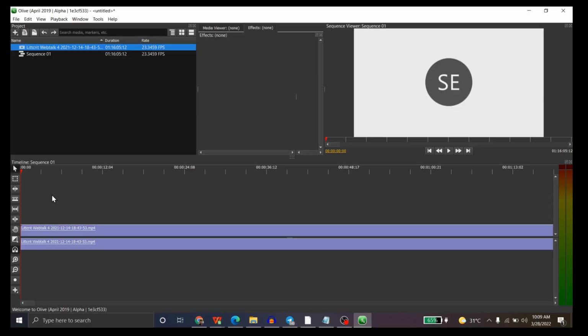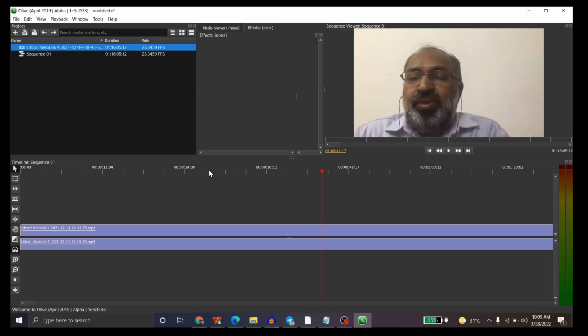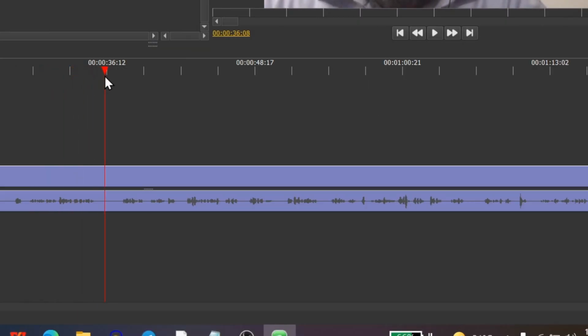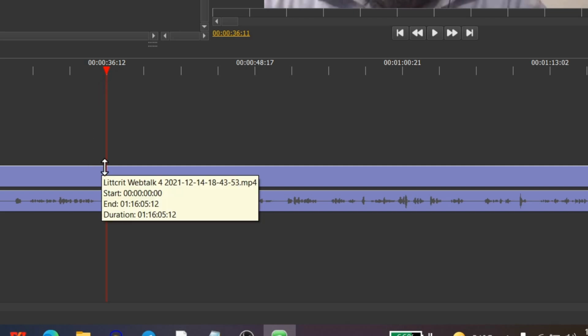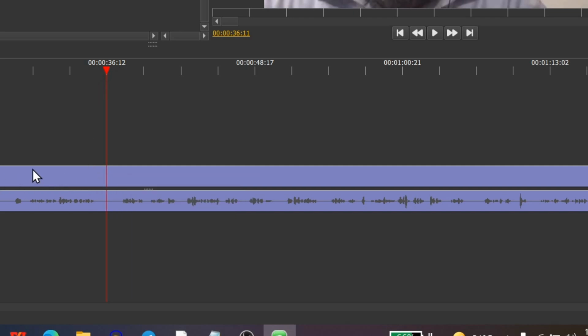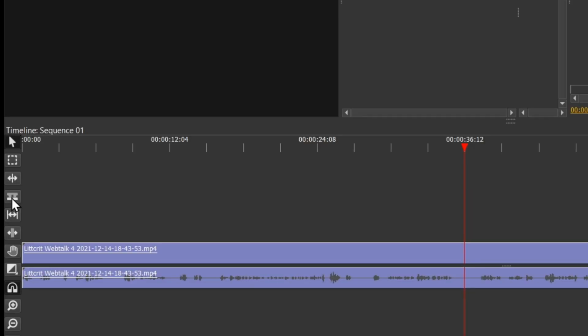So as you know, there may be many parts that we want to delete out. The introduction, the long space before we actually start the program, etc. So I am going to look at, okay, here I want this part, I want to begin at this part. So I move this mouse in such a way that I reach the point from where I want to start. So suppose this is the point where I want to start and I want to remove the part before that. So let me